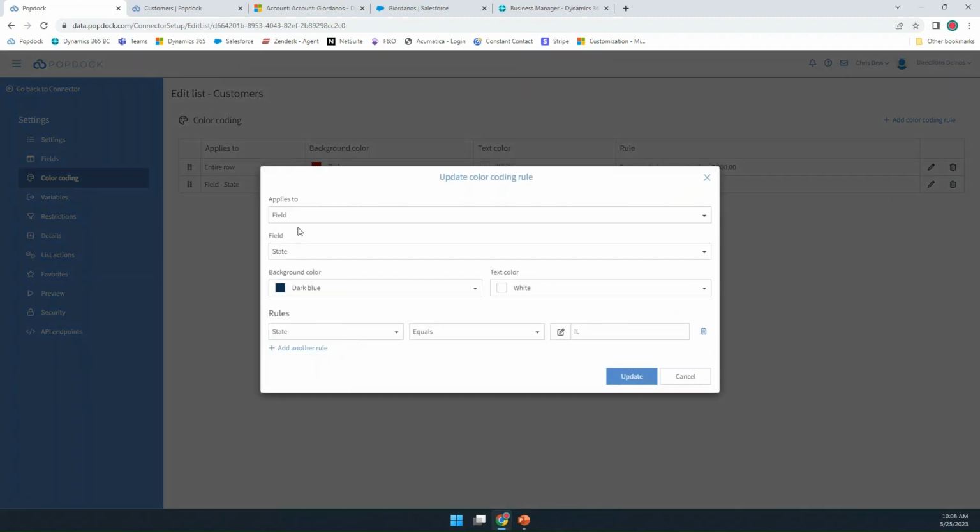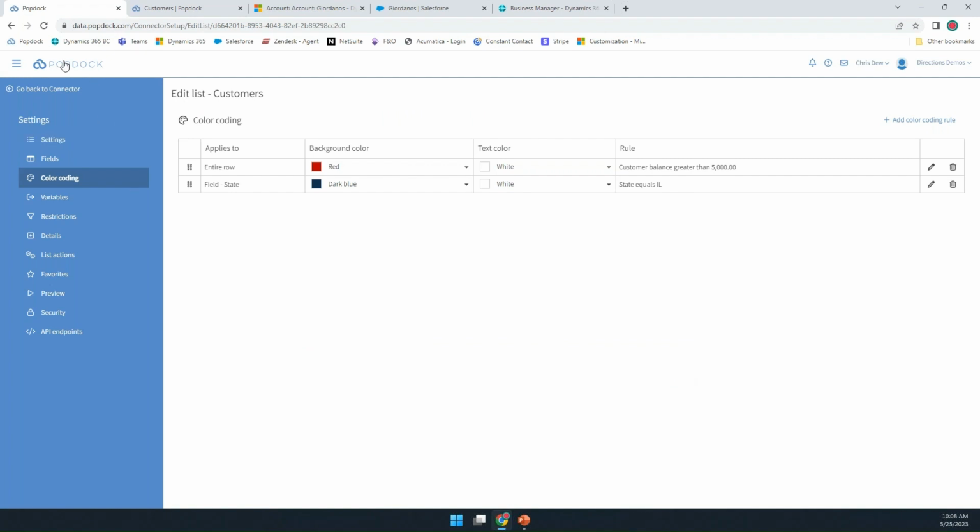If we look at this here also, here's the one that's set up on a field instead of just the entire row. We're now saying, hey, I only want to change the color of one field. And so in this case, we change it to a dark blue, again with the text color of white. And we had a very specific rule on this one, only where it equaled Illinois. So if I go ahead and go back to our list here,